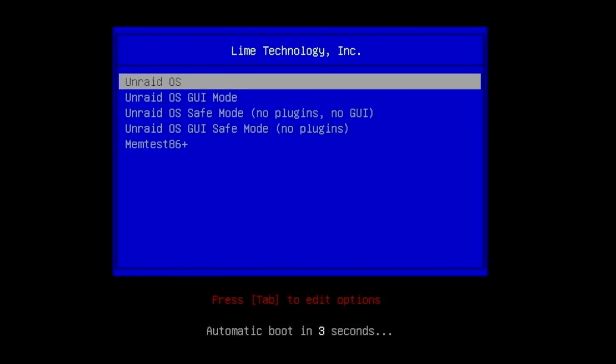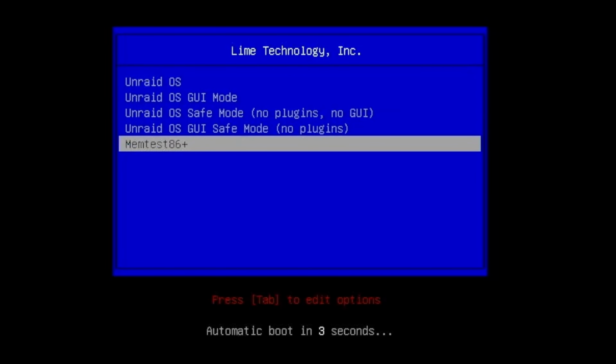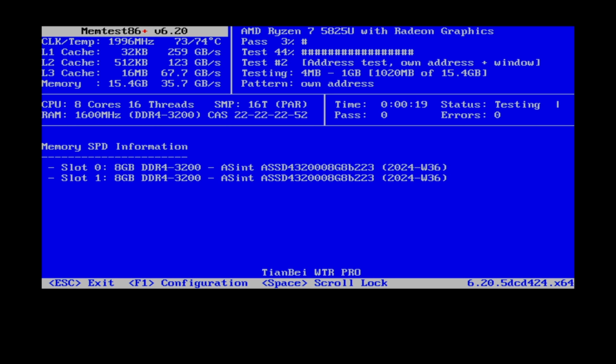If you reboot your Unraid server, you can select in the boot menu not only the default option, which is Unraid OS, the other Unraid options, which include things like GUI mode, safe mode, but also the option of Memtest86 Plus. If you select the option Memtest86 Plus, it will directly start the memory test software and start the testing